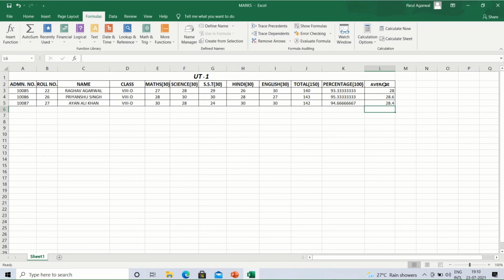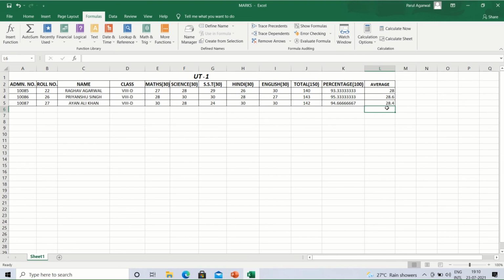So this autofill feature is automatically filling the remaining cells with answers, and we are getting the work done very soon.